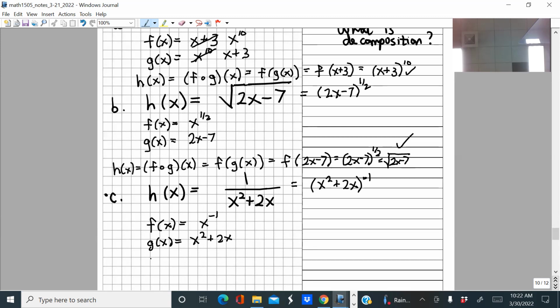And now let's just check it. So is this really what we were hoping for? So f of x squared plus 2x, but the function f is just the reciprocal function. It just takes its input and raises it to the -1 power, right? So we get x squared plus 2x to the -1 power, which we would normally write as 1 over x squared plus 2x, right? So see again,